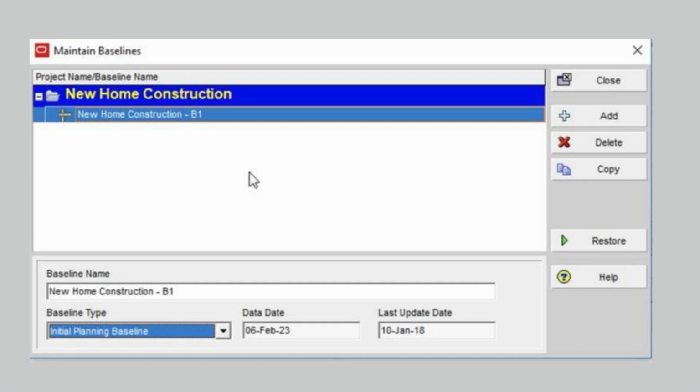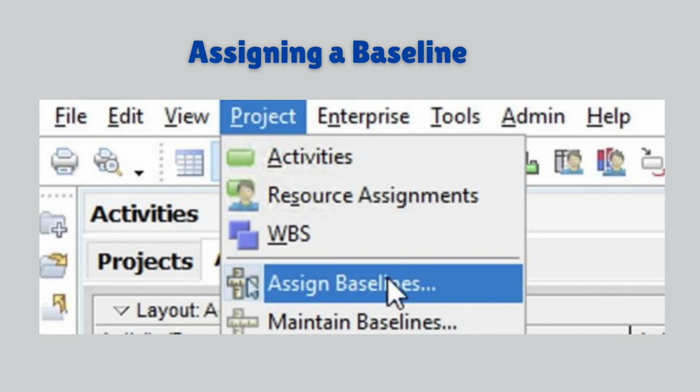Until the baseline is assigned, it will not show up in our project view in Primavera P6, even though we have created a full copy of our project that is stored on the database. Assigning a baseline. We return to the project menu and select Assign Baseline from the drop-down menu as shown below